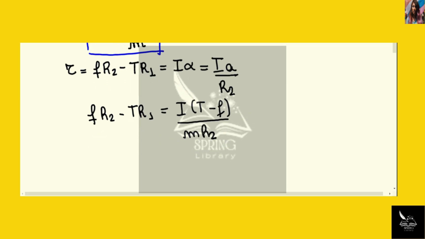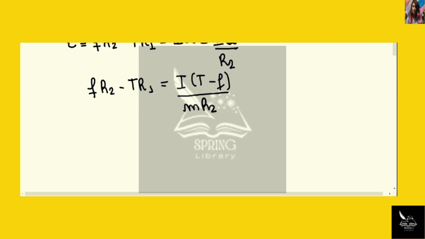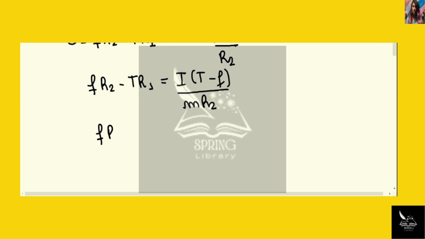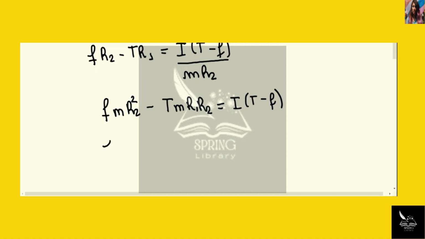And now I'm gonna try to isolate F. First of all, I'm gonna multiply both sides by M R2. So I have F M R2 squared minus T M R1 R2, and this is equal to I times (T minus F). So F times (I plus M R2 squared)